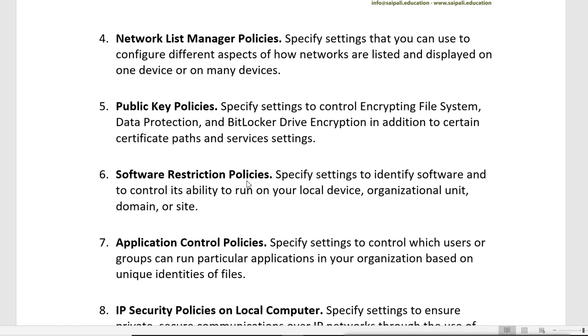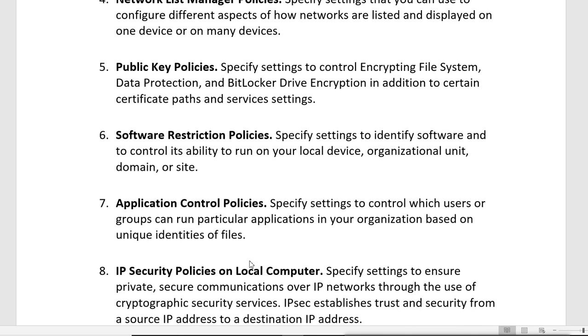These software restriction policies are available since the old versions of Windows where there were no universal apps. But nowadays we have the universal apps which we can see on the tiles. Those universal apps work on desktops and mobile, tablets, handheld devices also. So those are the universal apps. These are new things in Windows 8 and Windows 10. So we have this application control policy which can control those apps also.